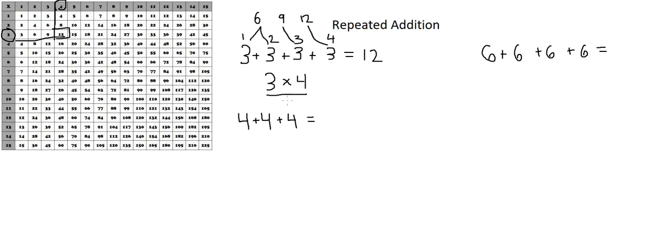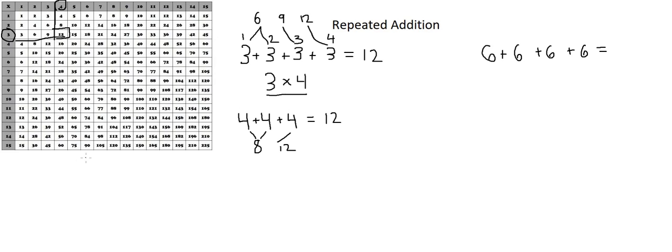Now, here's the thing. The next problem is 4 plus 4 plus 4. Now, if we add them all together, it's 4 plus 4, which is 8, plus another 4 is 12. So then you're like, wait, 4 plus 4 plus 4 is also 12? But isn't 3 plus 3 plus 3 plus 3 12? Well, the thing is,